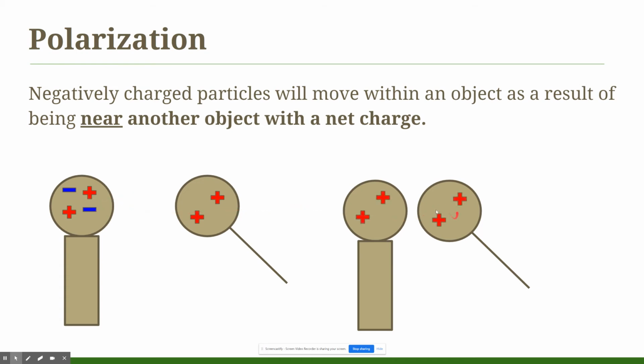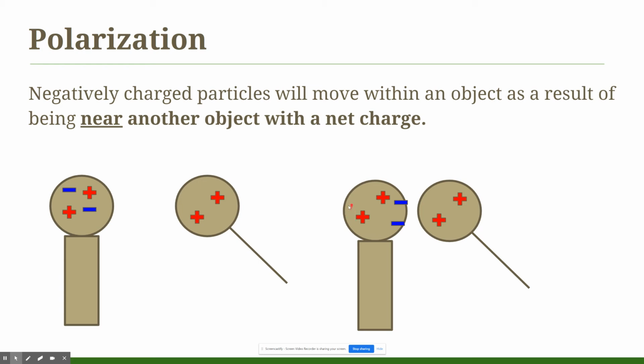So when we bring this positive object close, but it's not touching, our negatives will attract to these positives and they will move closer. So remember, positives don't move on our charge diagrams, but negative charges, they will be attracted here and they will move closer. Without touching, they don't actually move over, so they just line up on this side. We call this process, so if we look at this sphere on the right here, this is polarized. So when we have all the negatives lined up on one side and just leaving positives on the other side,